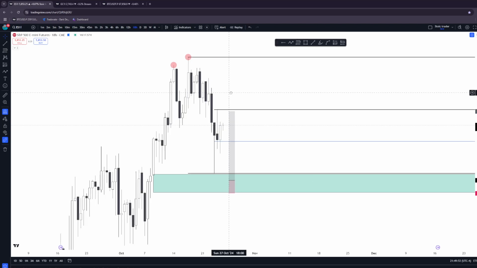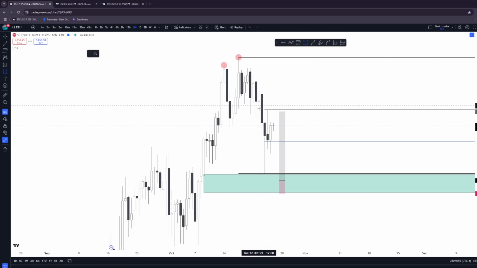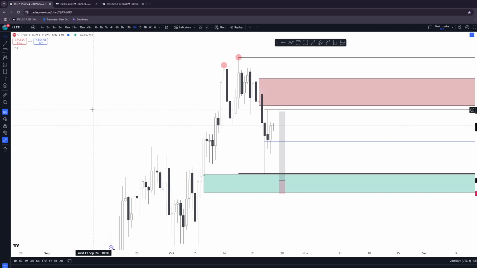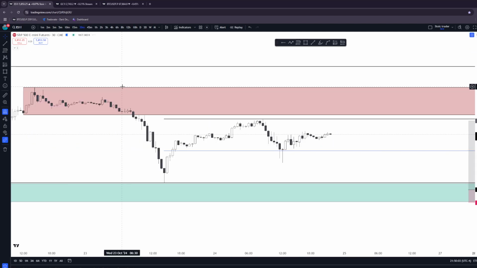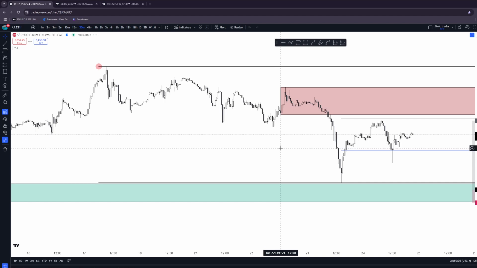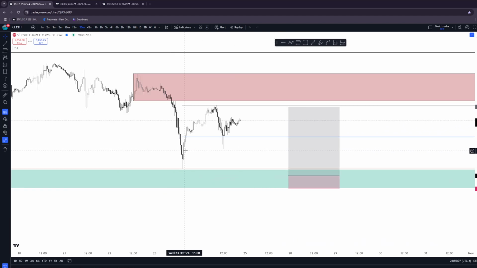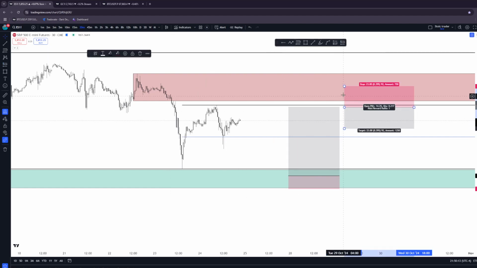Okay. I'm looking at this. It's an 18-hour supply. And that's what I'll be looking at. Yeah, I would like a short out of here. This is what I'll be watching, a short here, waiting for